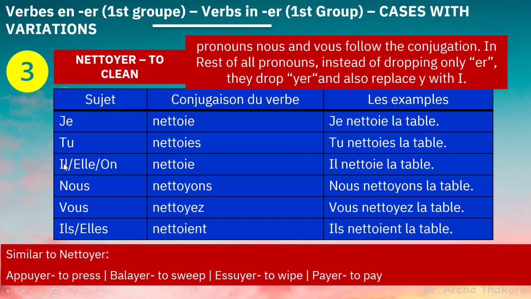Okay, let me read all of them for you. Je nettoie. OI, wherever in any word, when you see OI, it gives the sound of oi. Two more such verbs with slight exceptions that I can think of right now are commencer, to start something, and préférer. Yes, je préfère, to prefer. So that also has slight differences in its conjugation. You will find these two verbs and their conjugation in the book that you will get. All right, commencer, just note them down and remember to look it up.